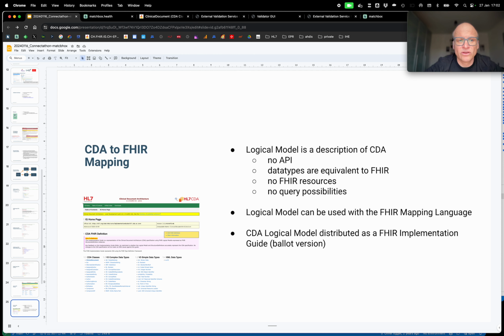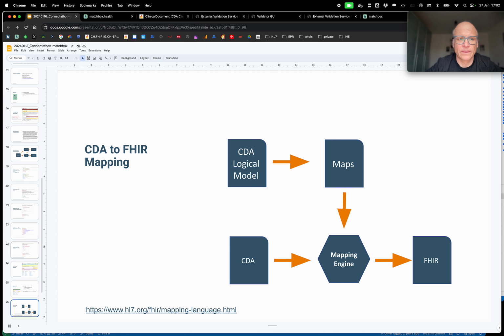This will not give us an API for a FHIR server, but it describes how this CDA logical model is defined with FHIR profiles and constraints, and then we can use it for validation or mapping like we have seen before. So we provide the CDA logical model, which is an implementation guide, to the mapping engine, and then